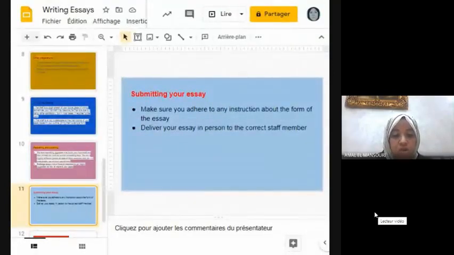So before talking about submitting your essay, I have to stress the idea that you have to exchange essays with friends or classmates to get helpful suggestions on how to improve your paper. So discussing your assignment with a friend, I think, is something very necessary. Before starting your essay, while writing, and after finishing.